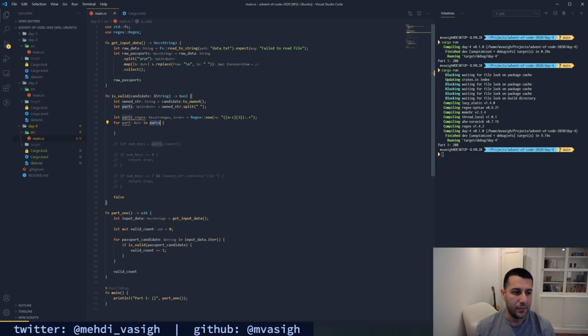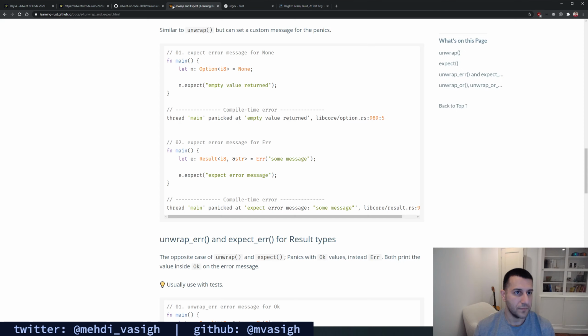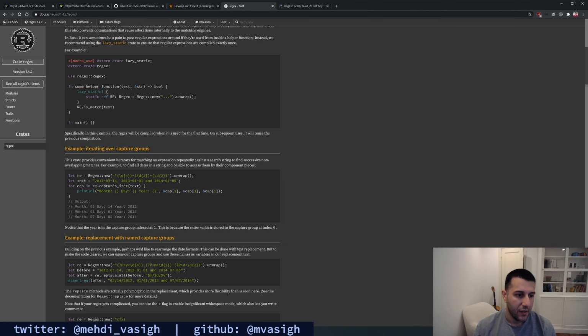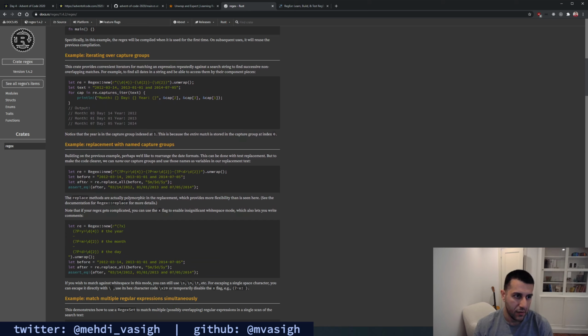So we can say, let's go over here, regex, we could just unwrap this and then for cap in re.captures_iter. I want to iterate over our matches.